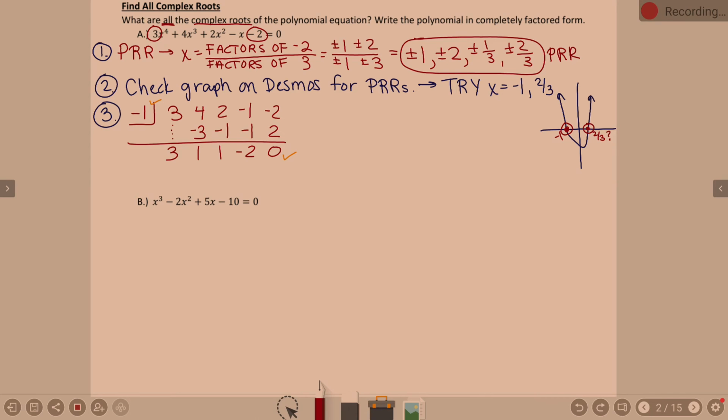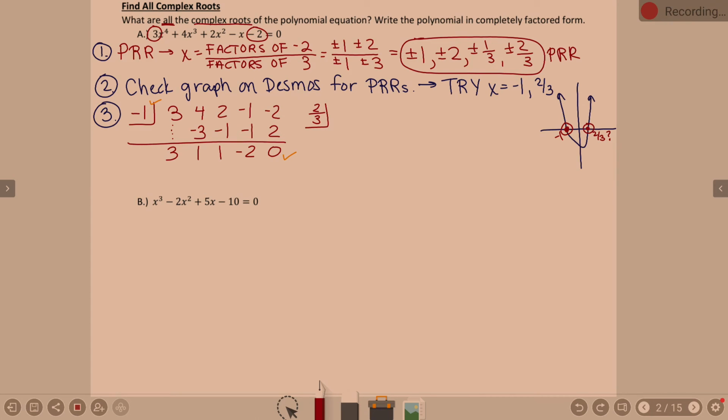Next one we're going to check is 2/3. Now, hopefully you didn't go too far ahead of me. When I use 2/3 to check it, please listen. When we use 2/3 to check, it's important because in the end, we want to be able to find our other roots, our imaginary roots. So it's important that instead of using the original row of numbers, we're going to use our new